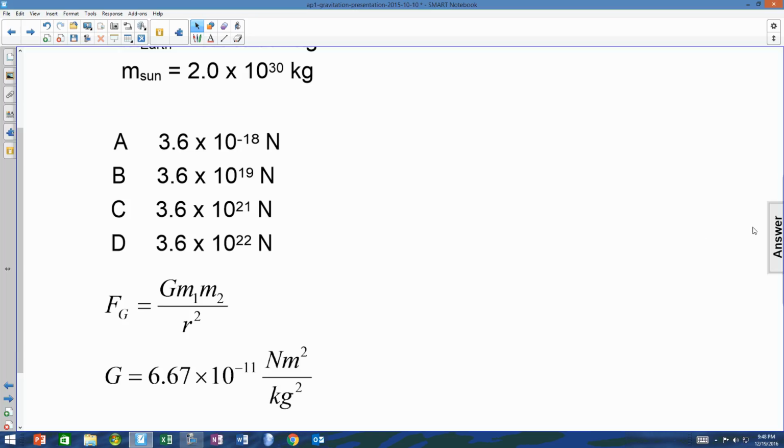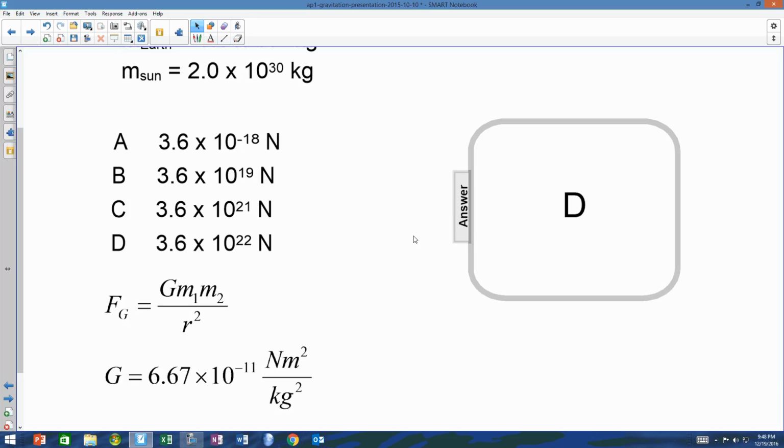Okay, so let's go ahead and take a look at the correct answer. The correct answer is D. Hopefully you got 3.6 times 10 to the 22 newtons. If you're finding that you're not getting these numbers correct, one thing I would suggest you do is make sure